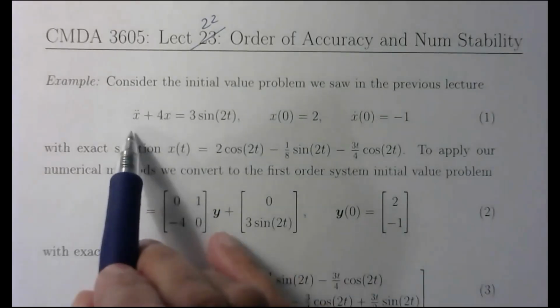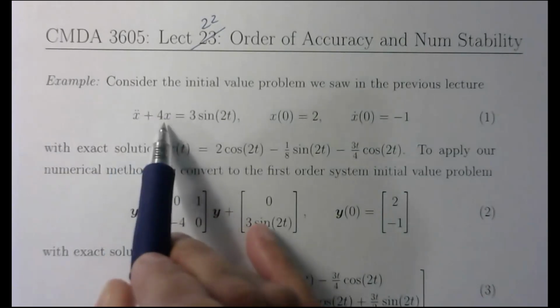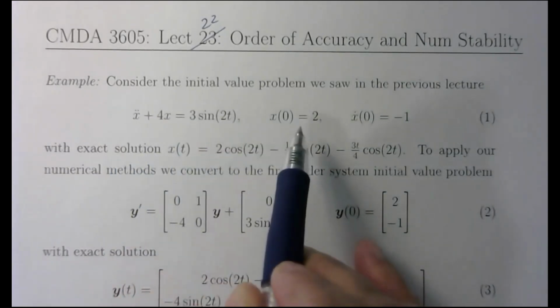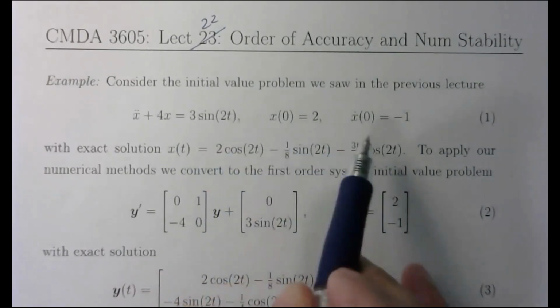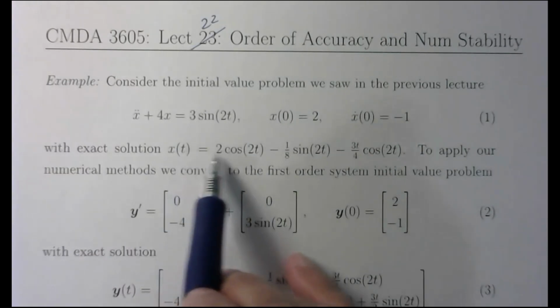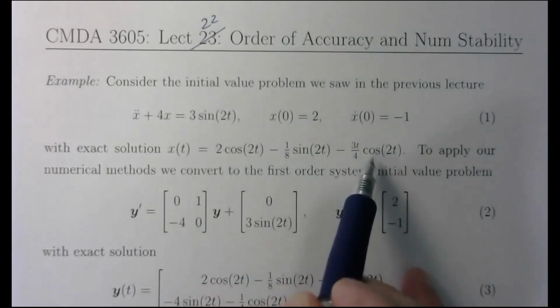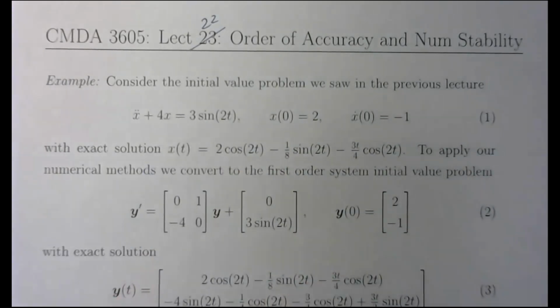We're going to go back to looking at this second order scalar differential equation, x double dot plus 4x is equal to 3 sine 2t. So it's non-autonomous, an initial value problem, and has an exact solution, this guy here. Sines and cosines with a t cosine t term that comes from forcing at the fundamental frequency,